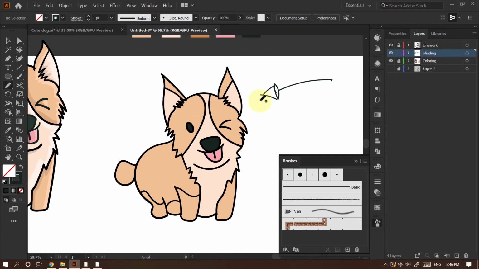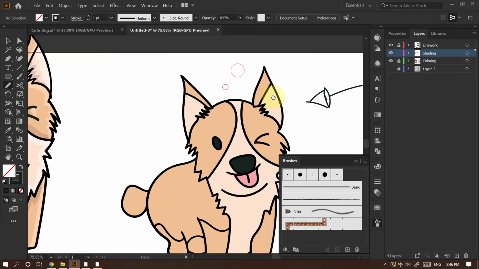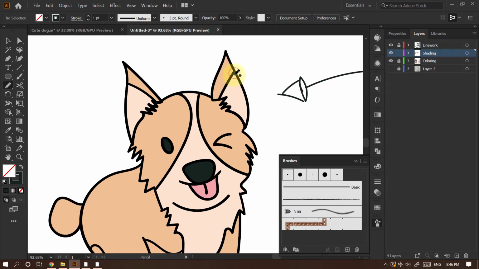So I will use the pencil tool for the shading again. With light hitting this part, we will create the shadows at this part on the left side. For the shading, I will follow our shapes to create the shading.